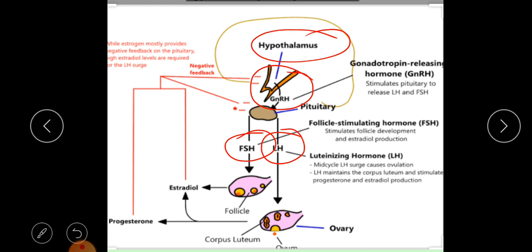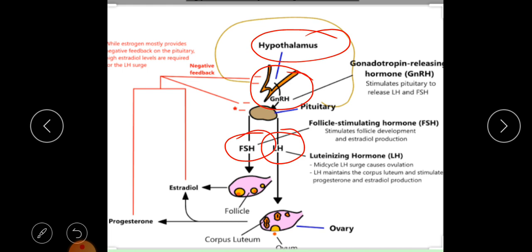What happens at follicular development is that it acts on the theca cell wall, giving force to the thecal cell structure of the mature Graafian follicle at the mid cycle of follicular development. At that period the rupture of the Graafian follicle takes place, and an LH surge occurs. This LH also maintains the corpus luteum and stimulates progesterone and estrogen production.